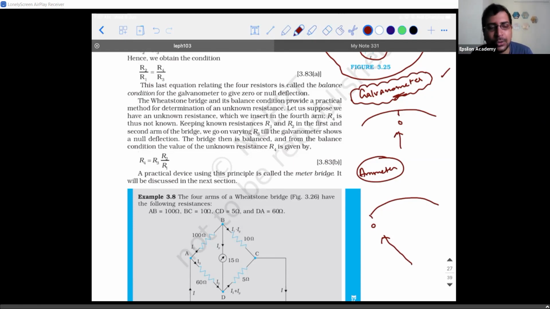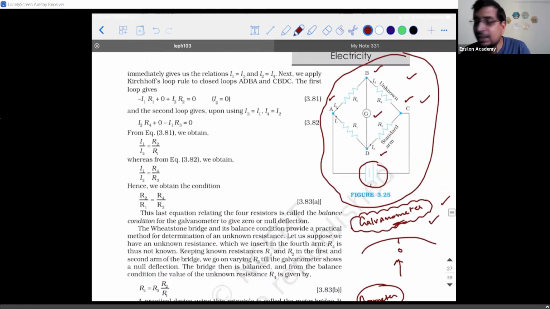Okay, listen to this carefully. If the direction of the current in the circuit is clockwise for the time being, let's say the galvanometer is showing a deflection to the right. If you reverse the direction of current by changing the polarities of the battery, the galvanometer will start pointing in the leftward direction. So that is why a galvanometer is only a sensitive device used to detect the presence of current. Am I clear, guys? Okay, so this kind of arrangement is called a Wheatstone bridge, and in that Wheatstone bridge, the important device that we use is a galvanometer.